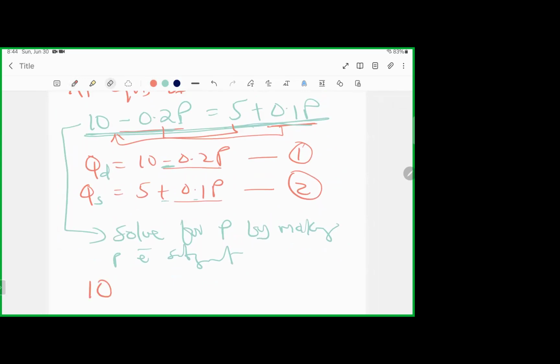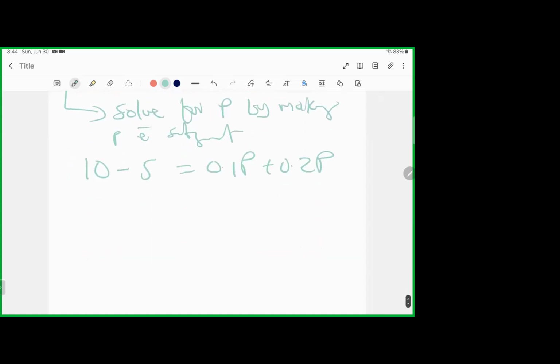Let me use green so that we can see. So we will have 10 here. This 5 will come, and here will be minus because it's crossing. It's equal to, this one will stay, which is the 0.1P. Here will cross, so because it's crossing, it will be plus 0.2P. So in this particular case, here will be 5 is equal to